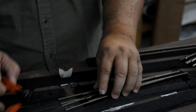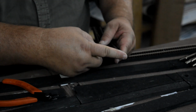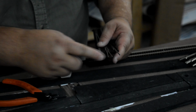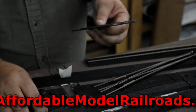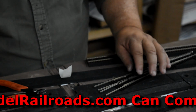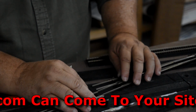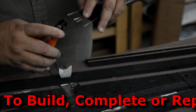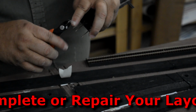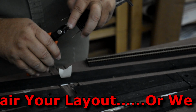I can demonstrate that here. See how the actual rail, there's a bit of an angle between the two there. So when you butt the next one up against it, you get a nice straight flow through. If you cut these all four perpendicular across,